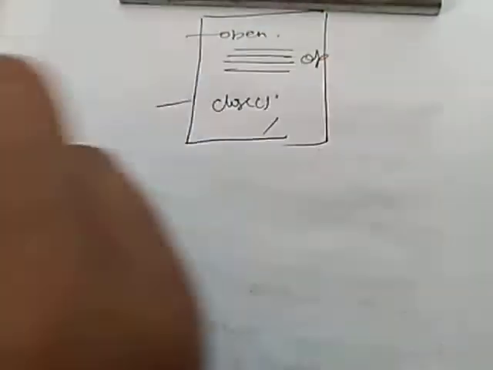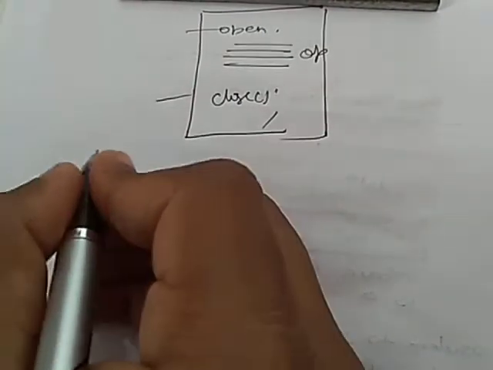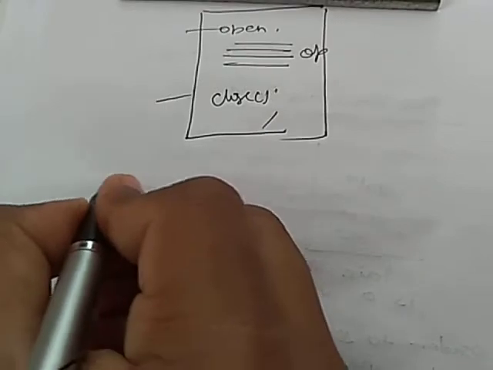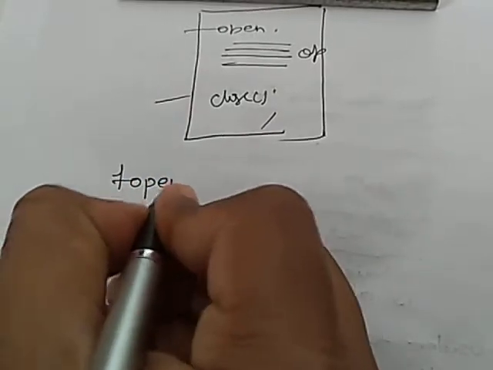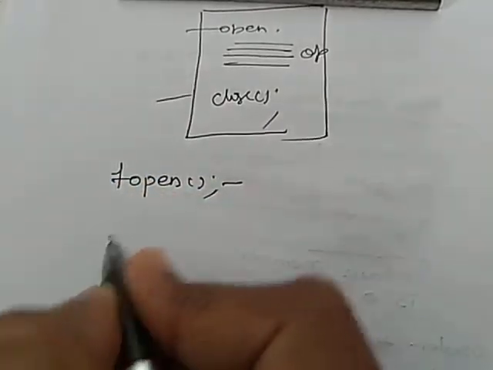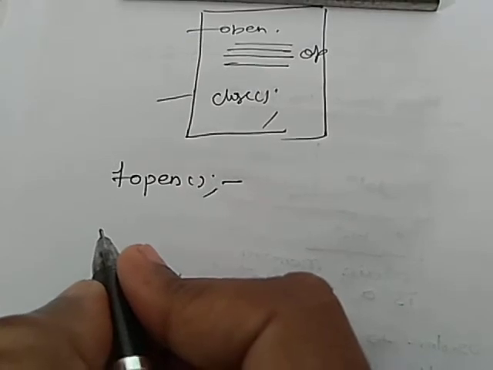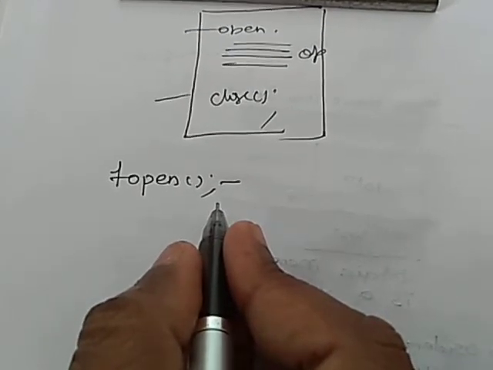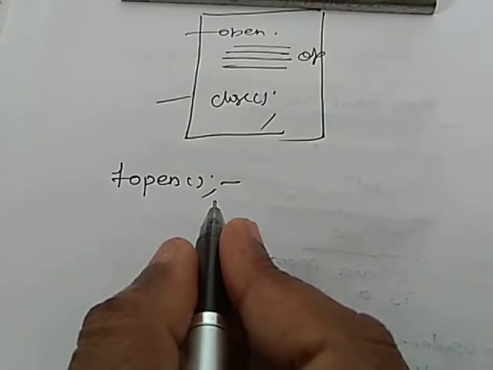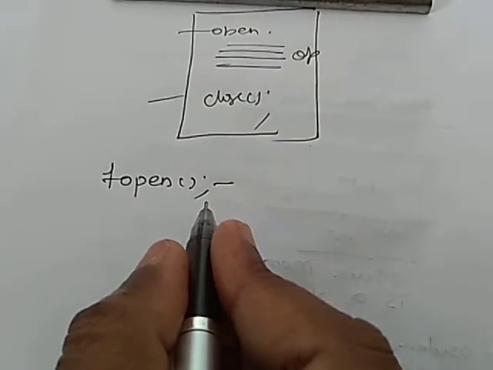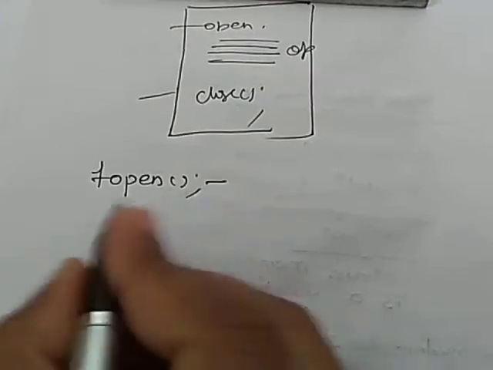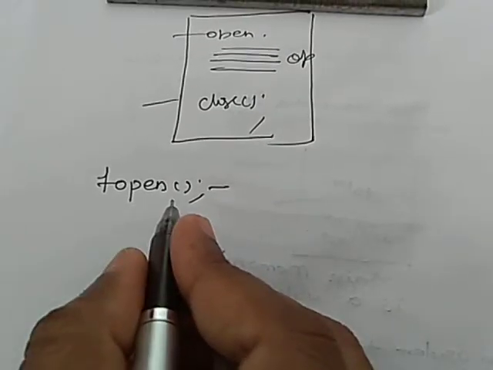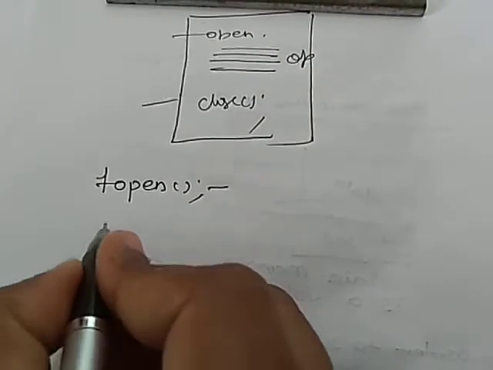These are the three things that we have to remember. So let us understand the functioning of the fopen function. Before performing any operations, we have to open a file in read, write or update mode with the help of the fopen function. Now its syntax is given by